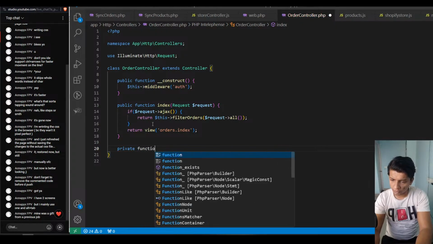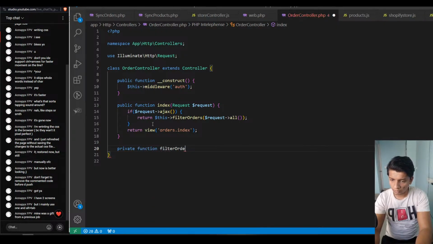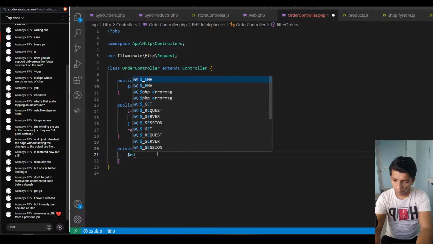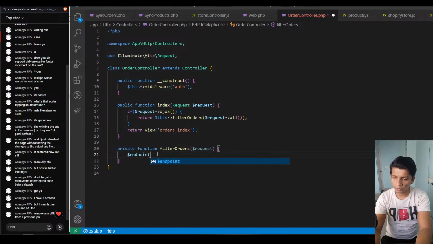Private function filter orders request. So this would be endpoint equals get Docker API URL would be